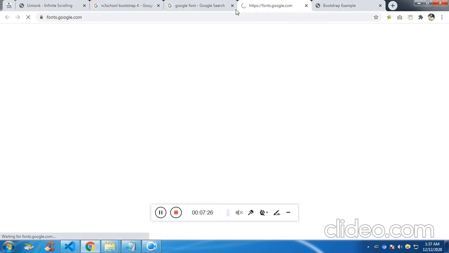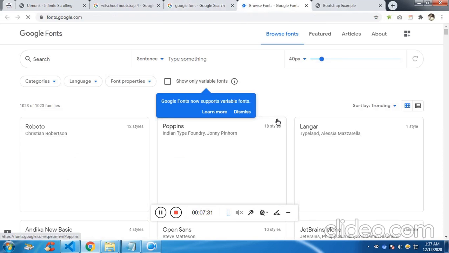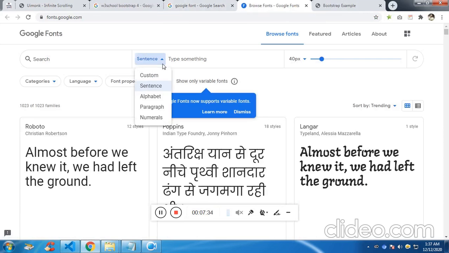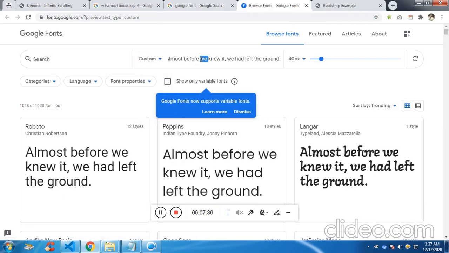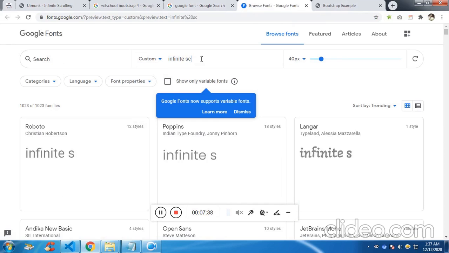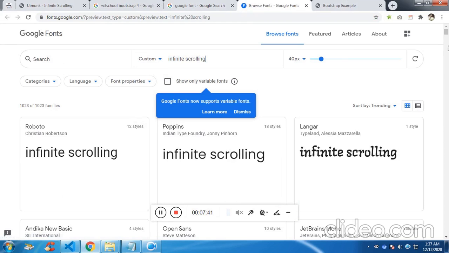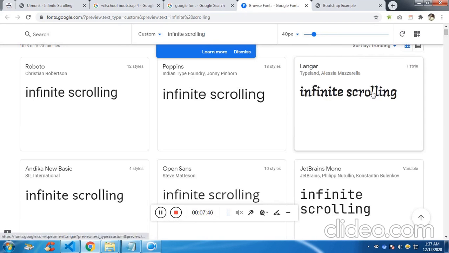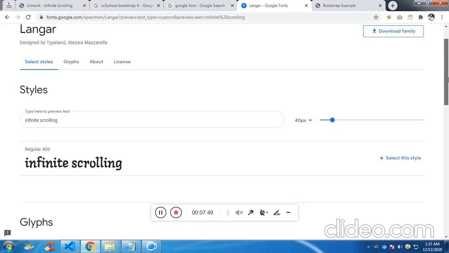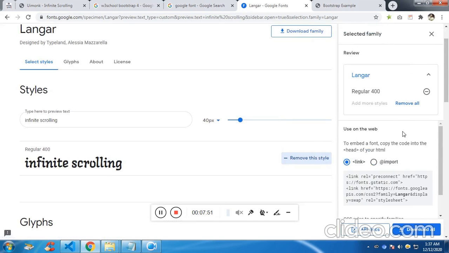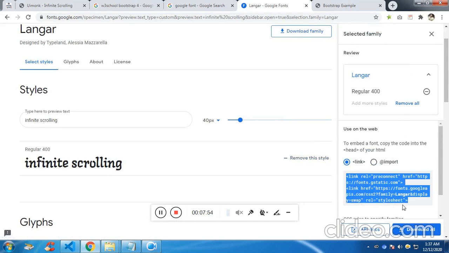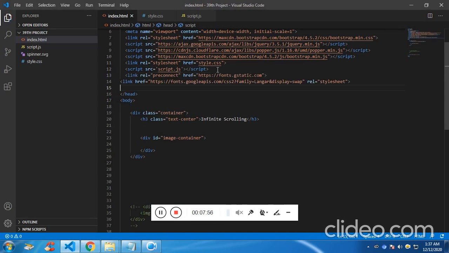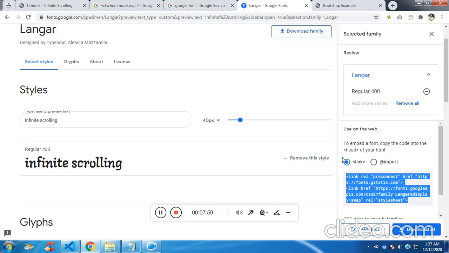And this, let me show you how to get the font for the one last time. This is a project. You should have already known how to get it. So let me choose the custom. Let's choose our favorite font. This seems to be okay. Select the style. So the font family,